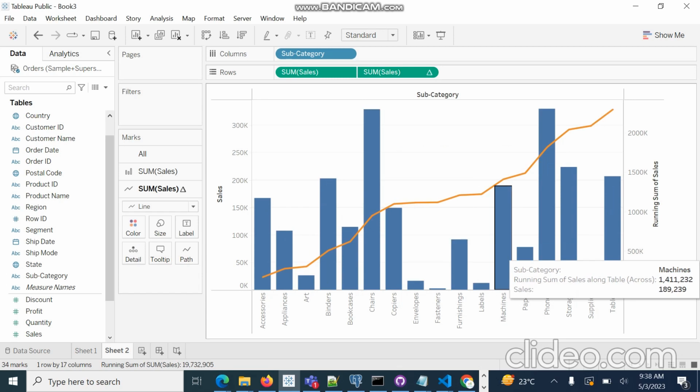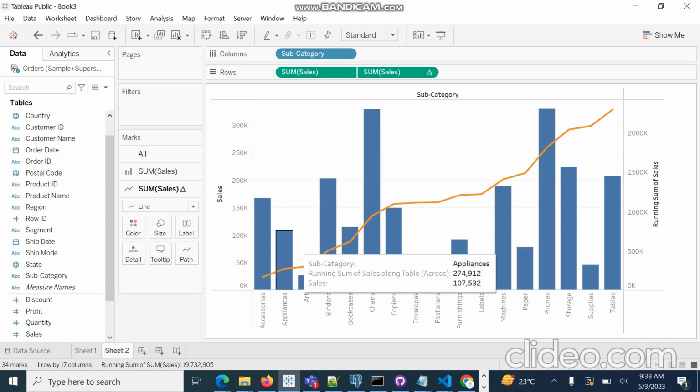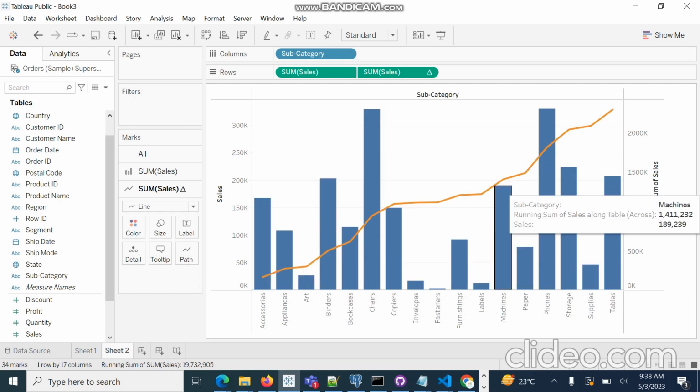The running total picks up the value of each category one by one and keeps adding cumulatively, adding sales to the previous total. So here we are adding previous values at every point. This is the running total, and this is the sales for each individual subcategory, for bookcases, chairs, copiers, envelopes, everyone. I hope you understood the difference between the running total and the bar chart.